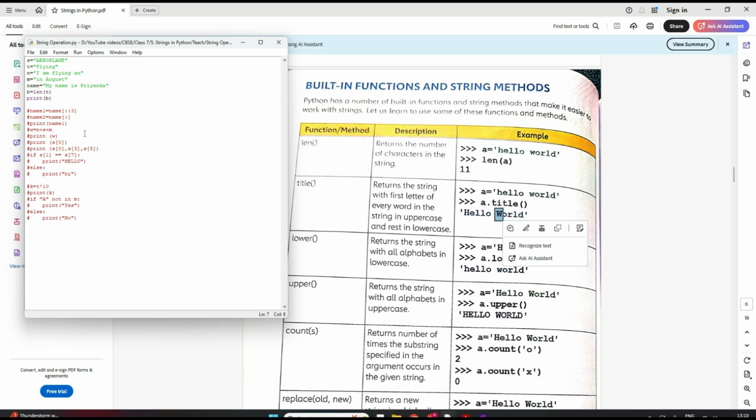Clear? Now let's try to understand here. I am taking another variable, C, is equal to, suppose this one only, name dot title.